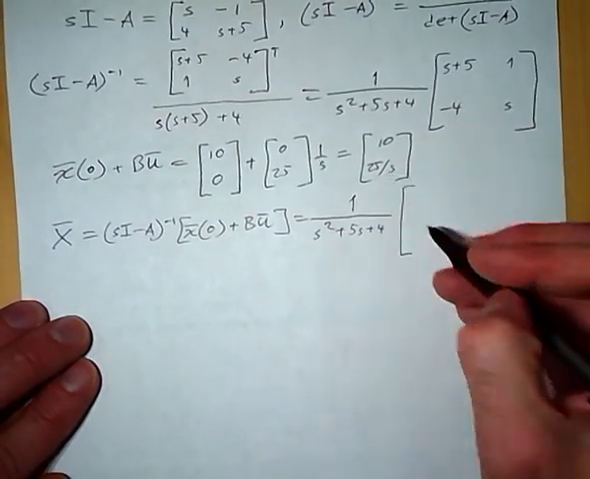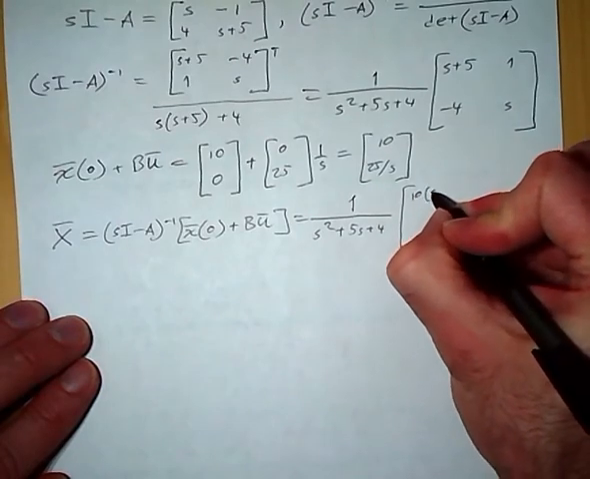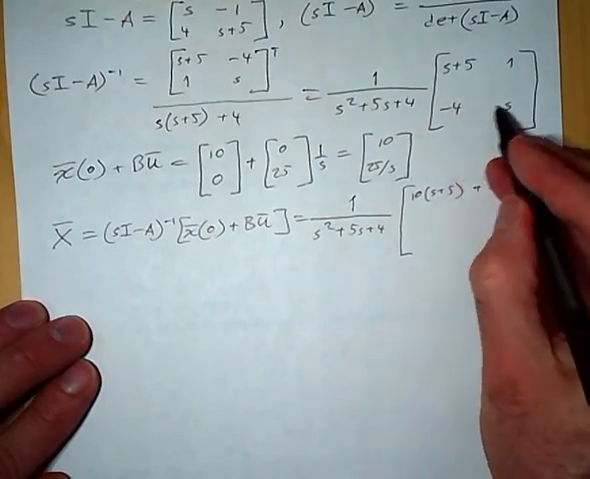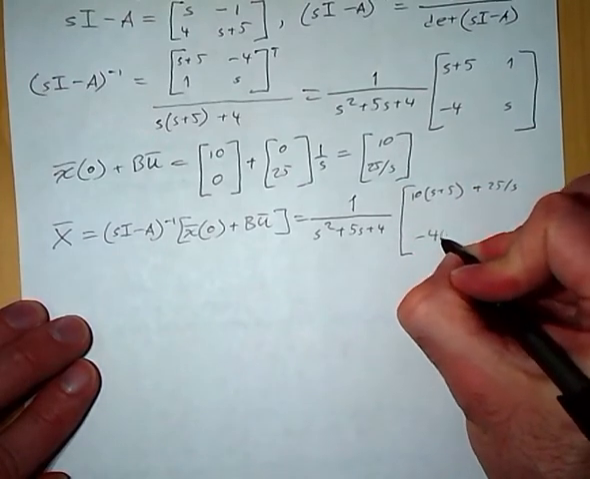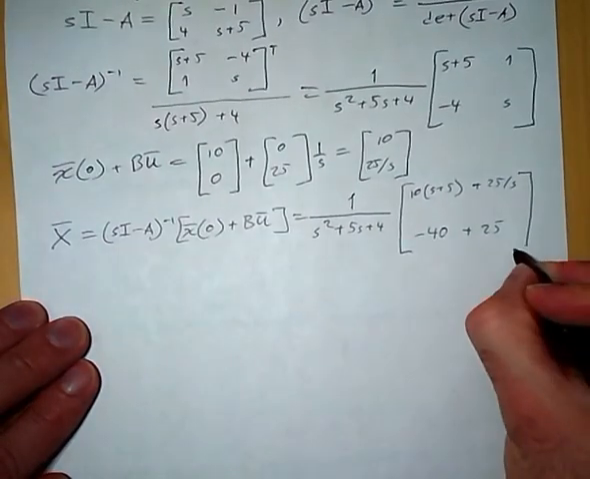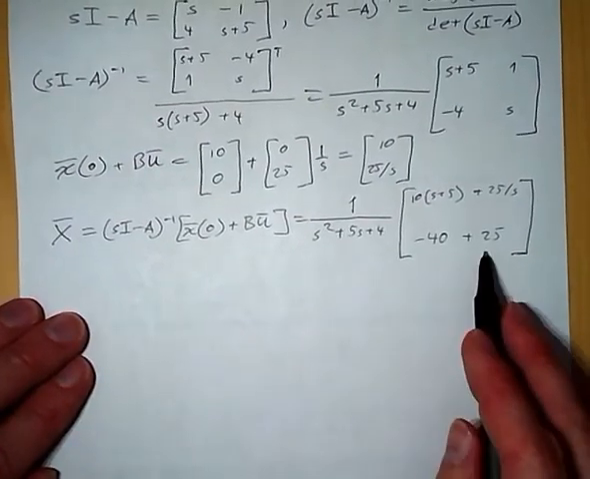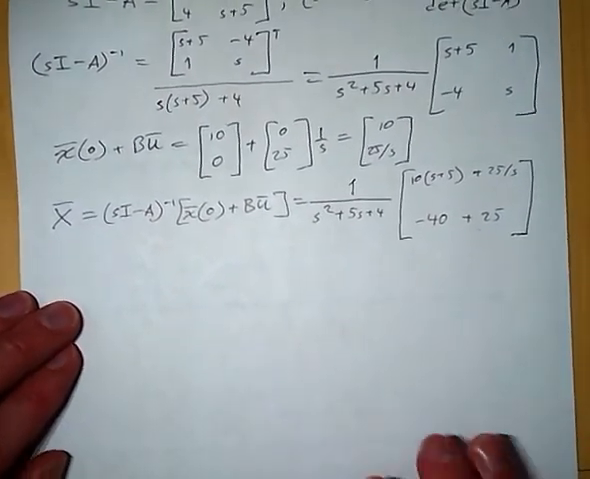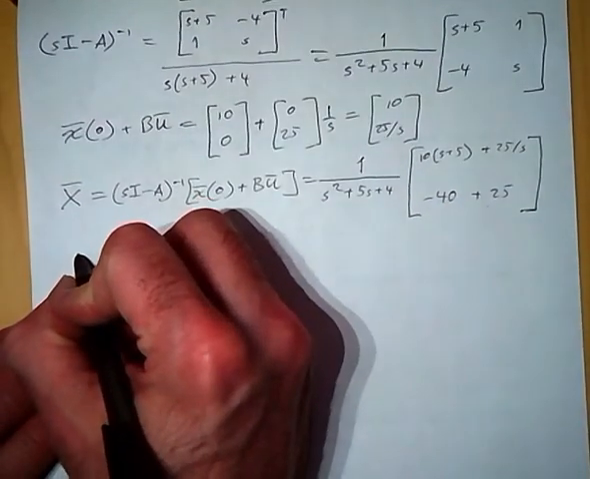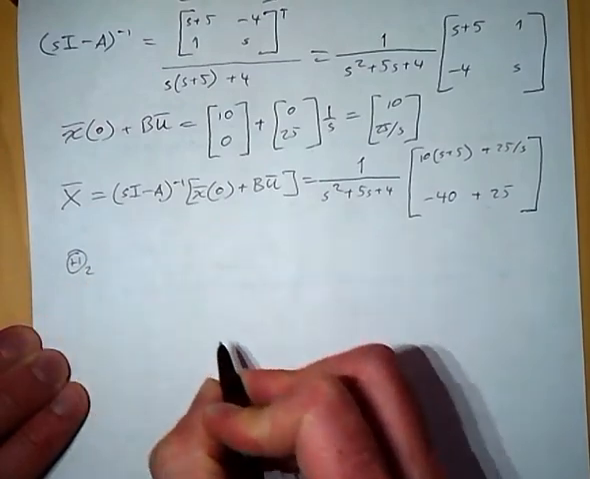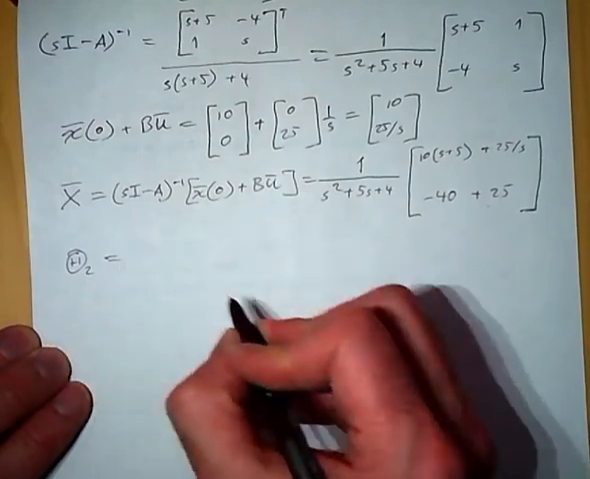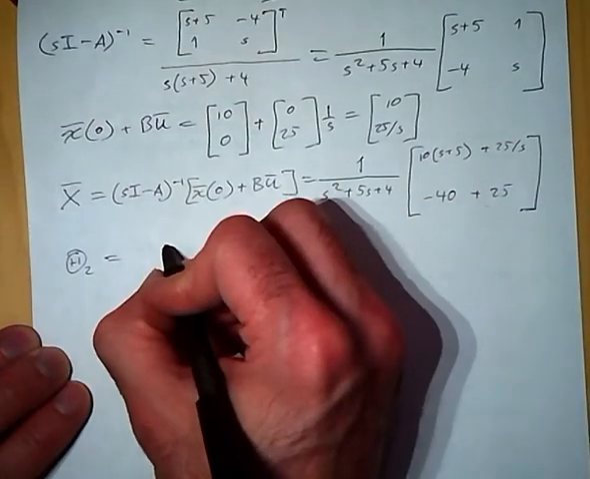So this row times this vector, we get 10 times s plus 5 plus 25 over s, and this row times this vector, we get negative 40 plus 25. So there is the Laplace transform of our state vector. Let's just go ahead and solve for the Laplace transform of theta 2. So this is the first row of the state vector, and that's equal to, I'm going to expand these out, so we have